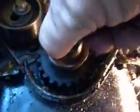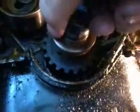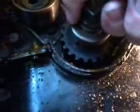Well, here we are back at the 3.0 engine. Had to put that drive nut back on to turn the engine to get the timing light marks lined up. We were lucky this belt wasn't already broke. So if it was broke, you just